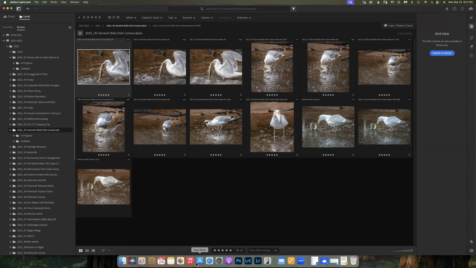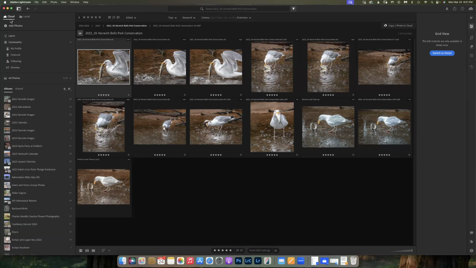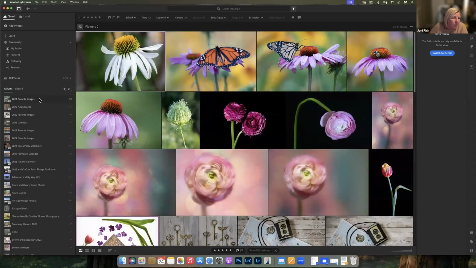Can you make folders in the cloud, like I do for my hard drive? I make folders, and whatever shoot I did has a different name. Yes. So they're albums, and these are all the albums I have. And you can create a folder